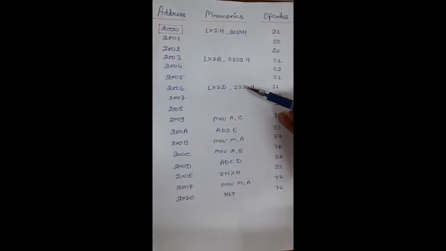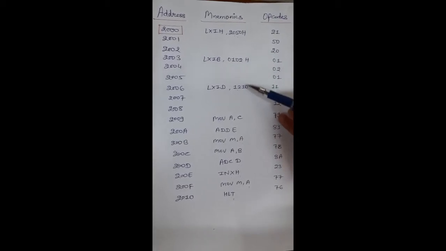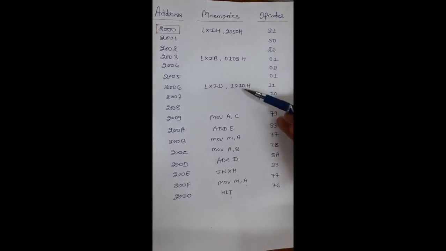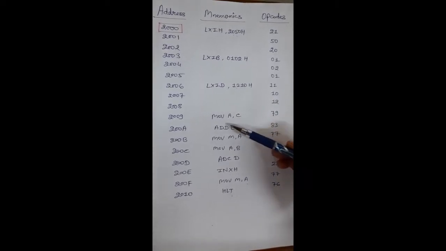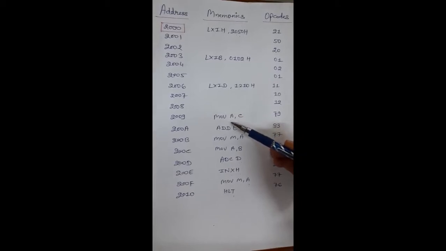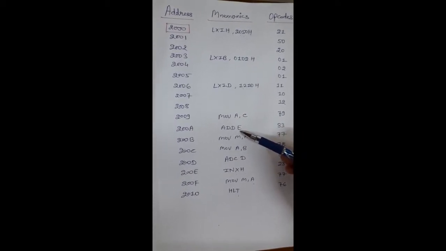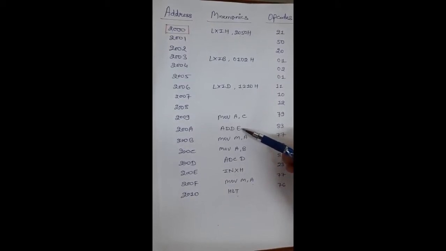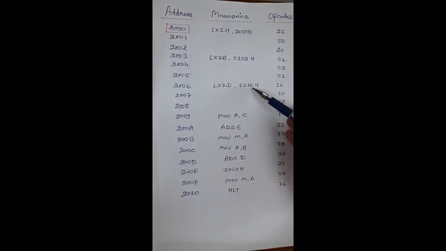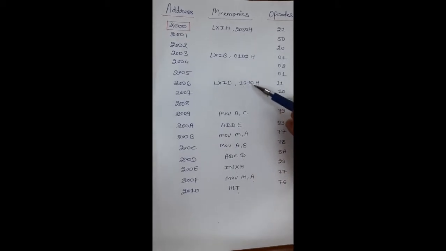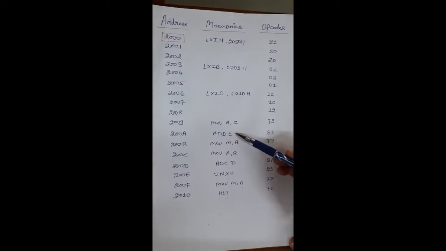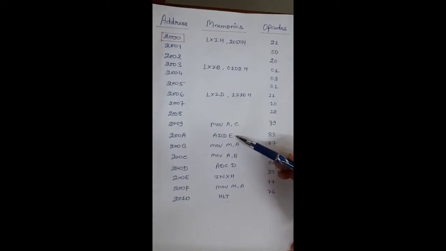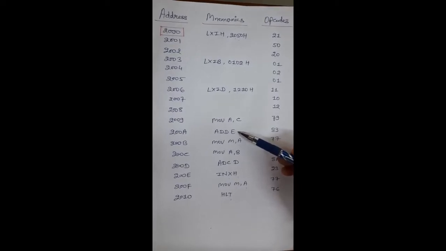So for adding these values of BC register pair and DE register pair, that is the C register and E register, one of the values we will take in accumulator. So we have copied the value of C register in accumulator and then we have performed this addition with E. So here the value of accumulator will add with the value of E register. So this value 02 and 10 will get added with the help of this instruction. So after this we will get the result of addition of LSB bits.